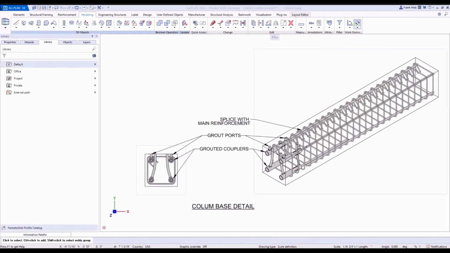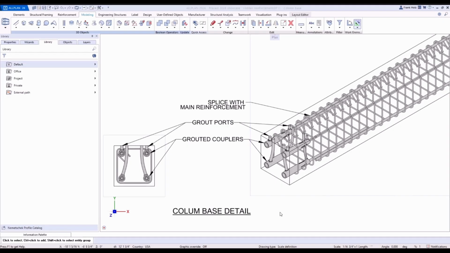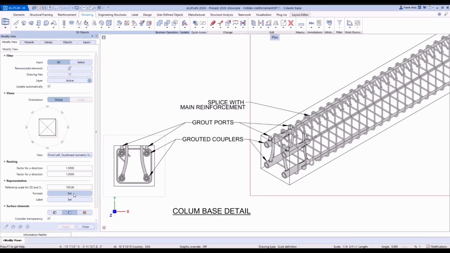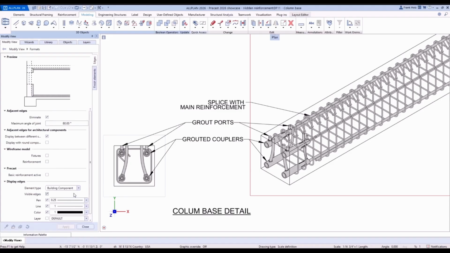Thank you, Jaime. I would definitely say hidden reinforcement is probably one of the most hotly requested topics on my side of the world. And as you can see here, it makes it very easy to understand complex, complicated, compact reinforcement configurations. The new feature is easily accessible on the Formats page of our view settings. Unchecking this reinforcement checkbox enables the ability to control the visible and the hidden edges of the reinforcement independently of